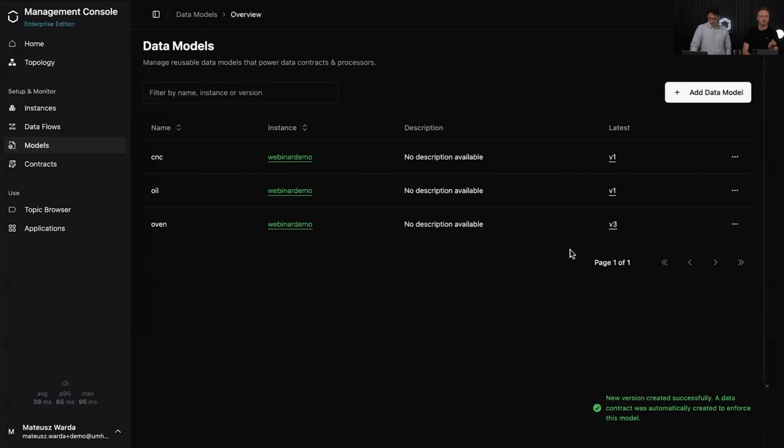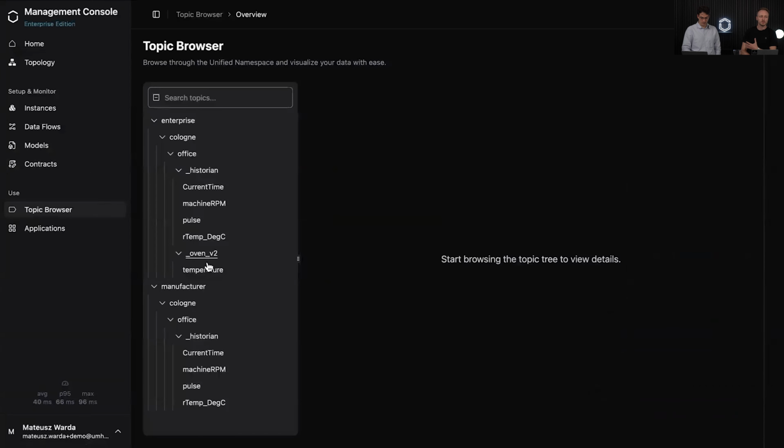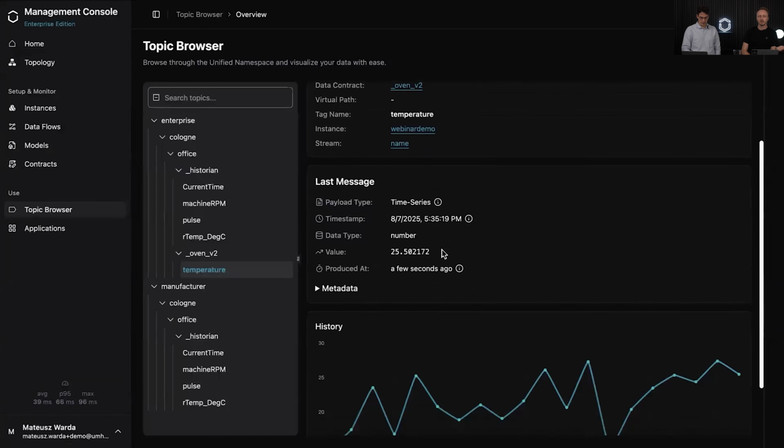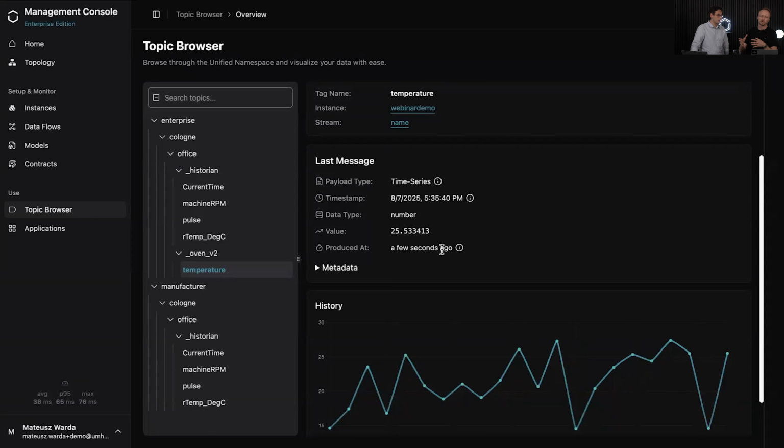An important thing is here's now version 3. But when it comes to data contracts, I have all of the data contracts v1, v2, v3 still there and still active, which means that my integration that I did just before with the stream system v2 is still there, up and running. And it's still collecting data, it's still working. You can still rely on it. Exactly, which means if I now build up integration to MES, for example, to ERP, anything else, I can rely on this data contract to be still there and my integration is still working.